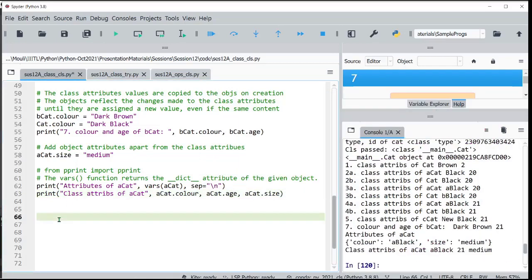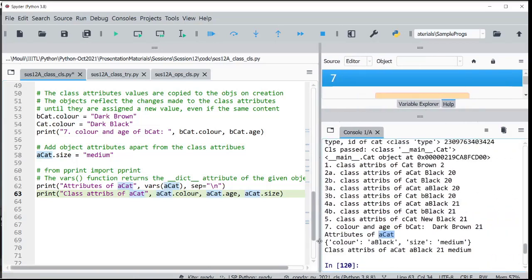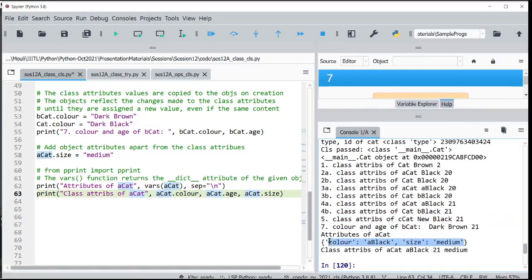If you individually access them, you get all the values, but when you use vars, it prints only the color and size. Age, which is at the class attribute level, is not printed, whereas when you print it individually, age is printed.